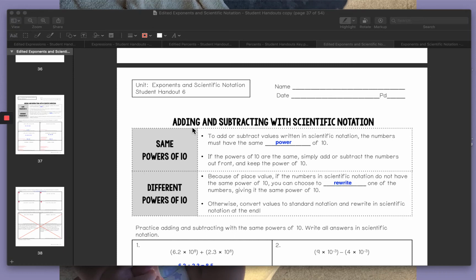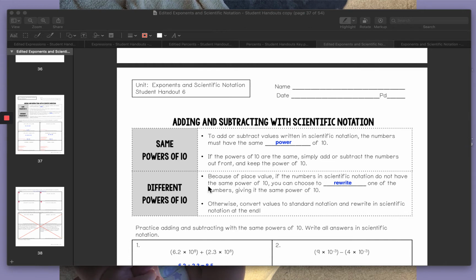Hello everybody, today we are adding and subtracting with scientific notation. So, when we have the same powers of 10, we need to add or subtract values written in scientific notation. The numbers must have the same power of 10. If the powers of 10 are the same, simply add or subtract the numbers out front and keep the power